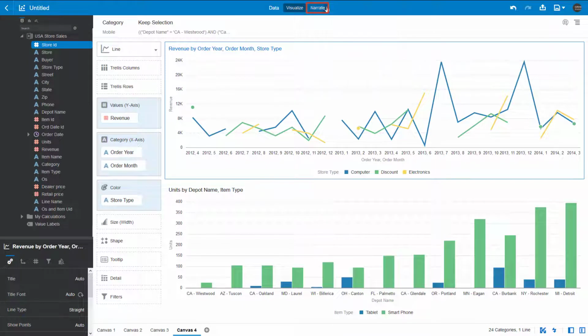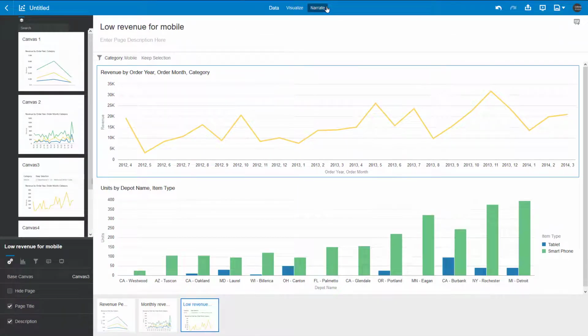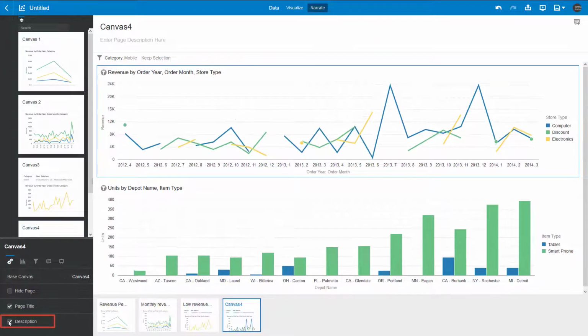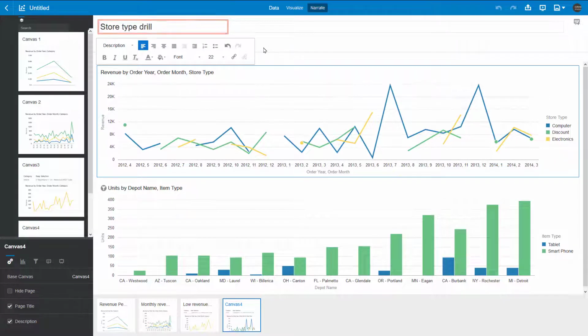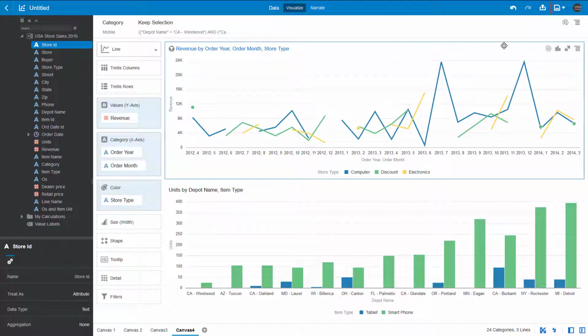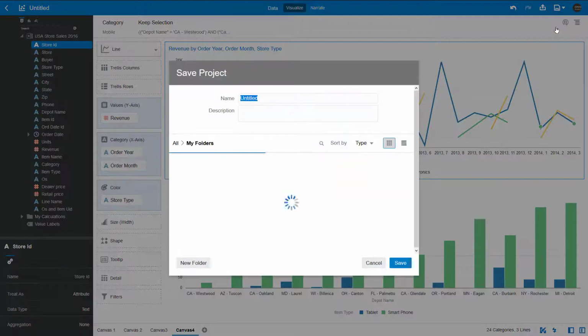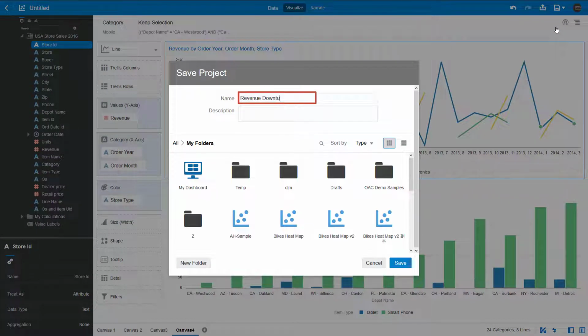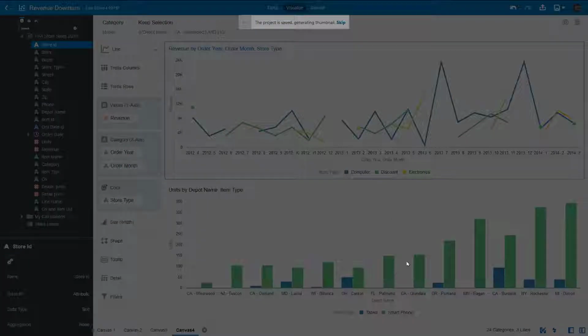Add this as the last insight to the story. Double-click the canvas to add it to the story. Rename the insight and then capture a description of your discovery. Click Visualize. Save the project. Based on this exploration, you now have a better understanding of the downturn in revenue for specific item and store